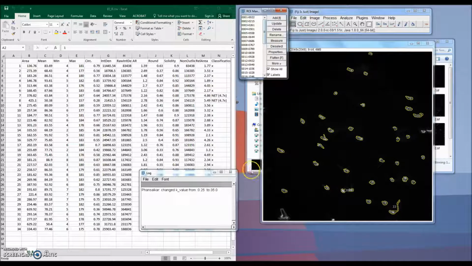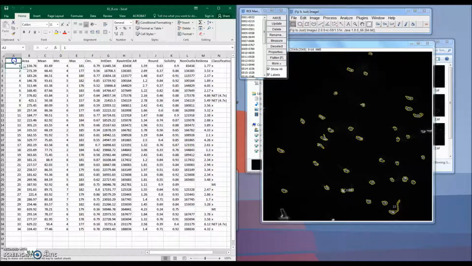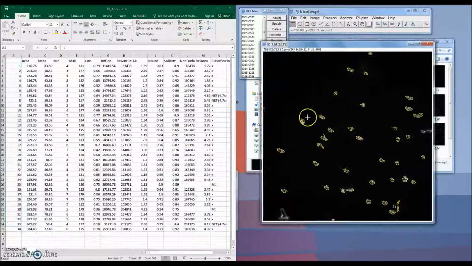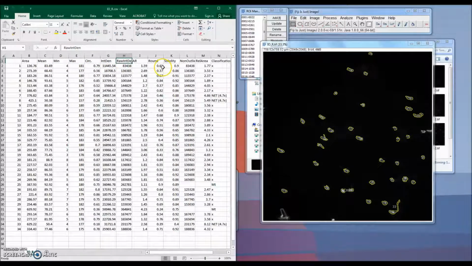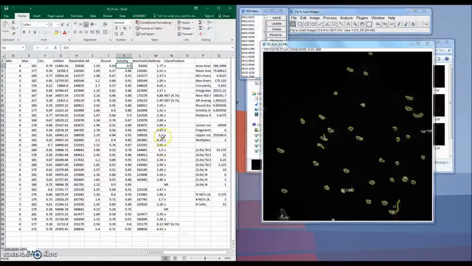All right. So looking at this, each one of these numbers right here corresponds to the ROI labeled over here. We can see that there's 34. And this also provides us information on things like the area in microns, the mean brightness, the min, the max brightness, circularity, integrated density, raw integrated density, which is basically the sum of all pixels in a particular ROI, the AR, the roundness, the solidity, the relative area, which is used to compute whether something's a net or not,